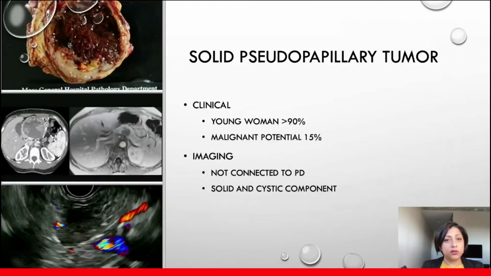So moving on to solid pseudopapillary tumours, these are often found in young women. The majority of them, more than 90%, are in young females, and they do have a malignant potential of up to 15%. Once again, on the imaging, you tend not to see these cysts related to the main duct, and they tend to have both a solid and cystic component. So if you've got a young female patient with a large solid cystic lesion, then solid pseudopapillary tumour is usually